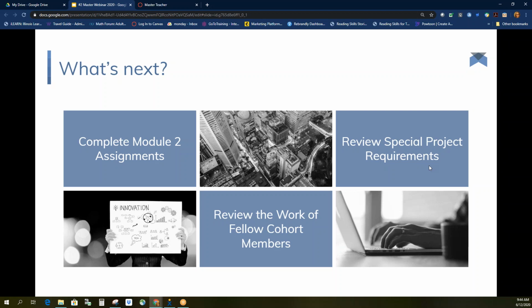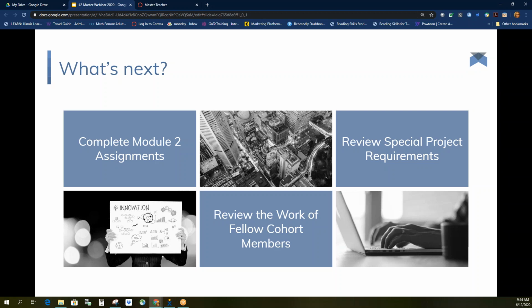There's a place for you to say which of the assigned special project choices you want to do, and just to tell us what your plan is in a brief way. So if you haven't done that yet, we would ask you to go ahead and do that. There's a page in Canvas called Special Project Proposal, and you can just go in there and type right in it and send it to us, tell us what you're going to do.